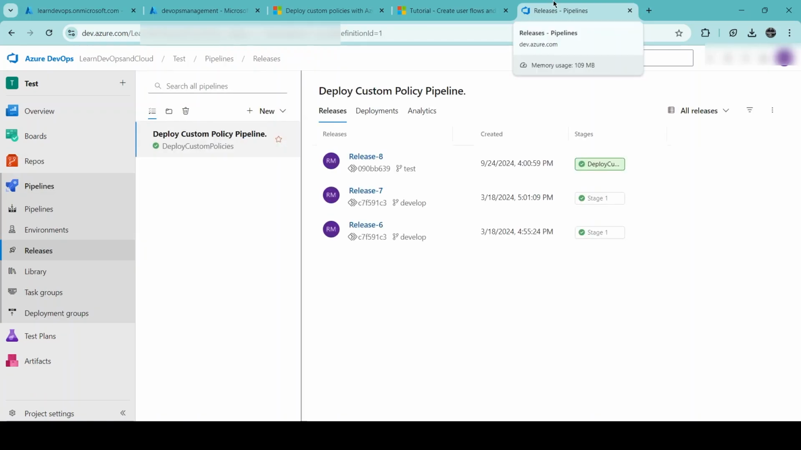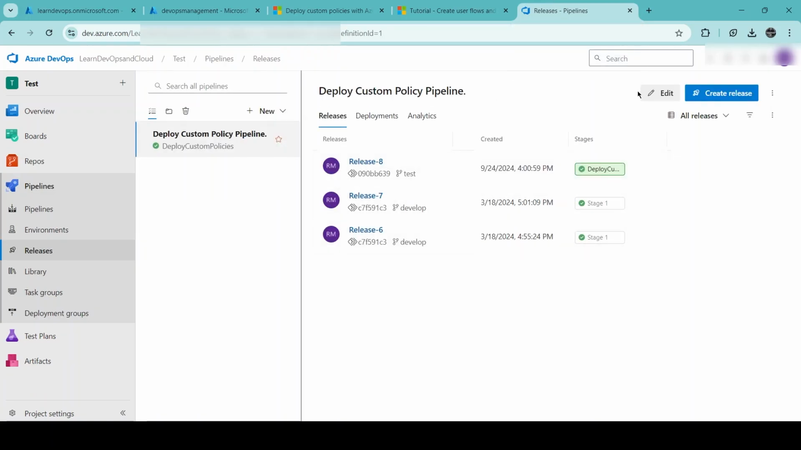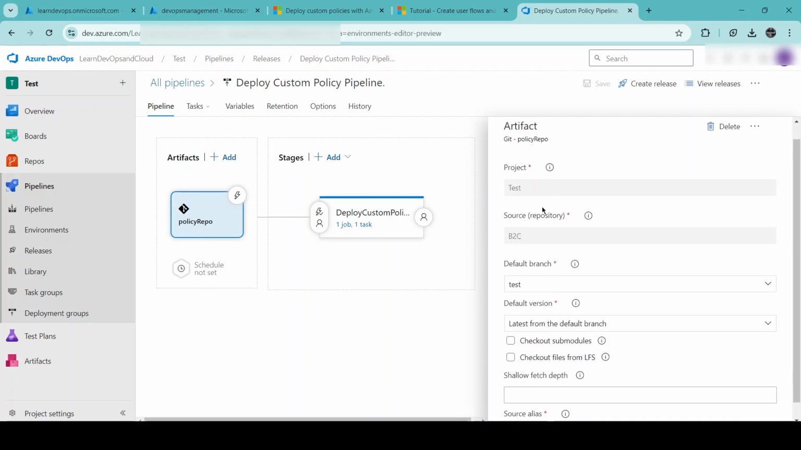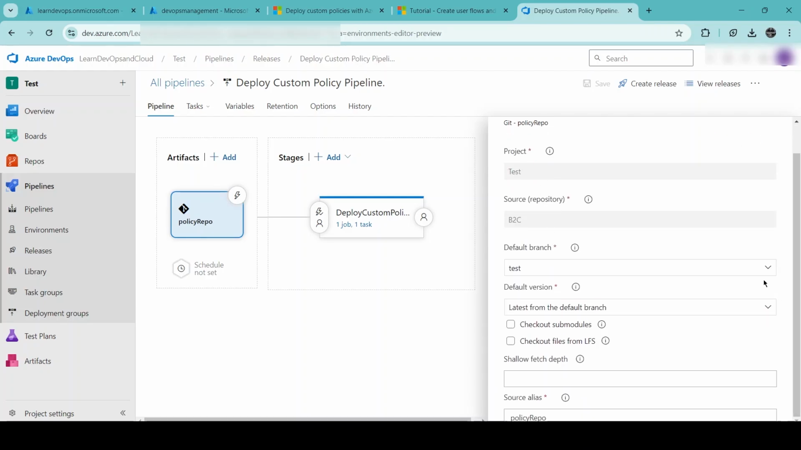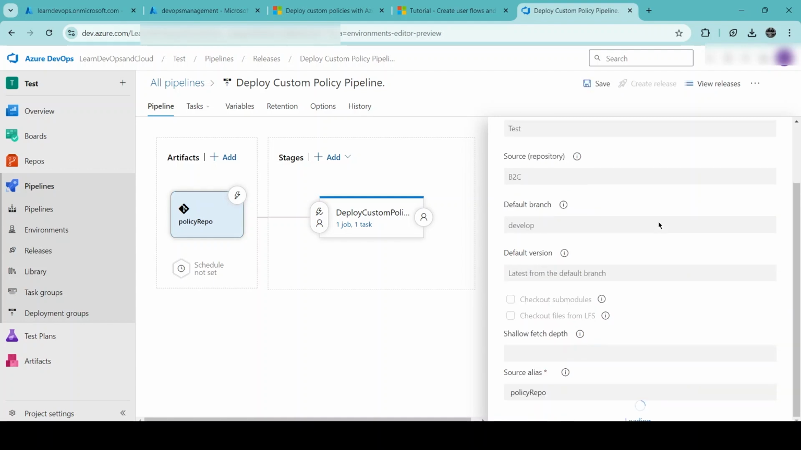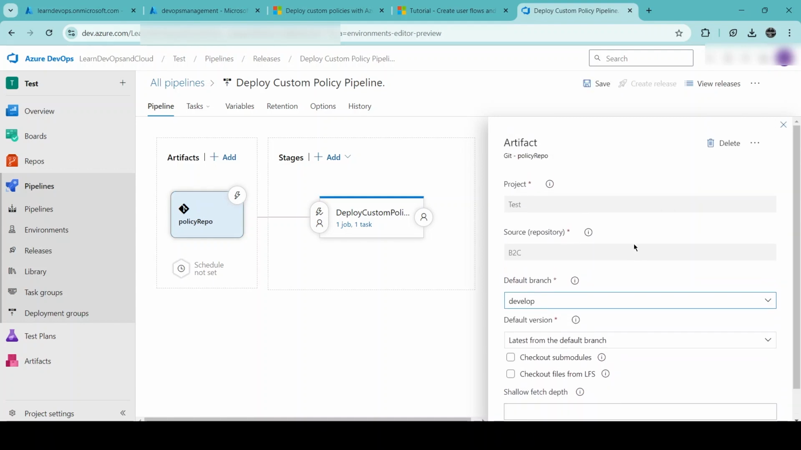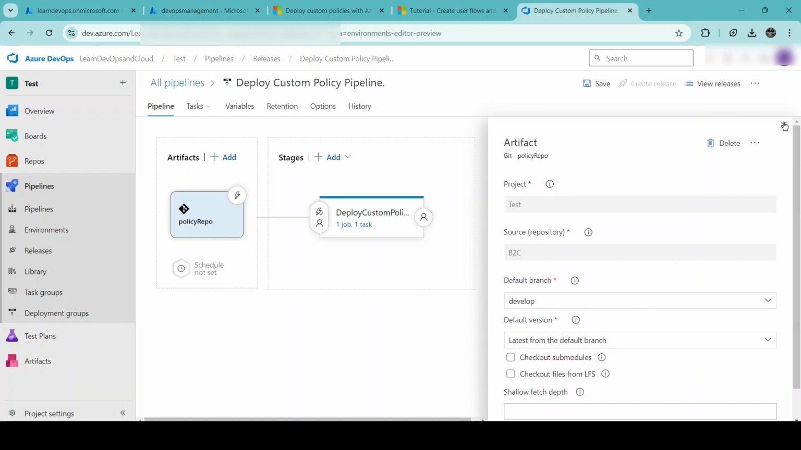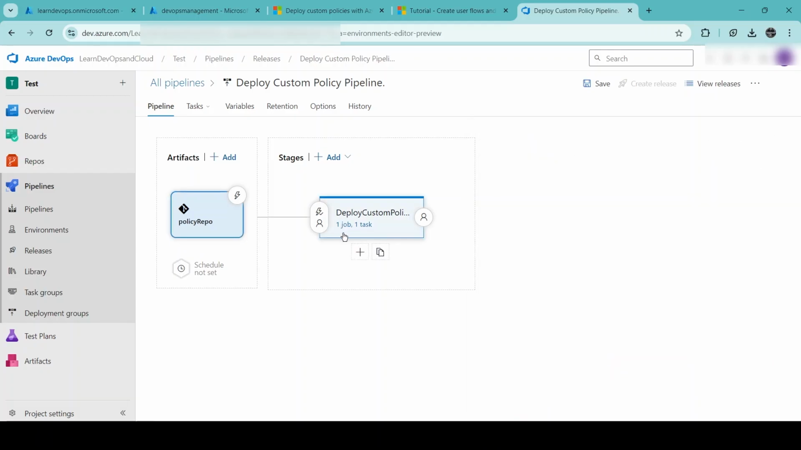So click on release pipeline. You can see that I have already created one release pipeline, so I'm just going to show it. Just click on edit. In this artifact, you just mention your repository. In the repo alias, you can just give policy repo. That's it. Then in the task,